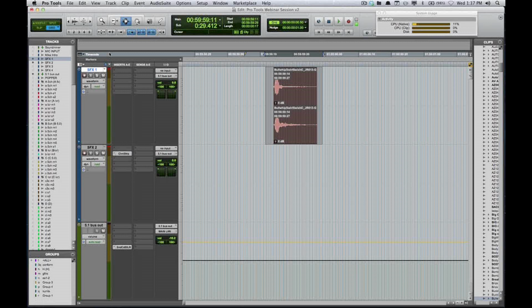Start looking at your upgrades. If you want Pro Tools 10 now, grab that $600 service plan while you can. Save some money. Start saving up, preparing for the Pro Tools 11 transition. Just be aware of all that stuff. We have plenty of time to do something like that.